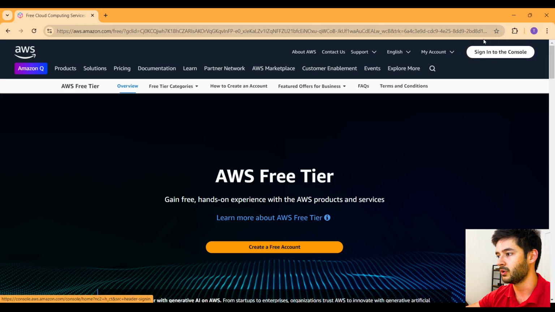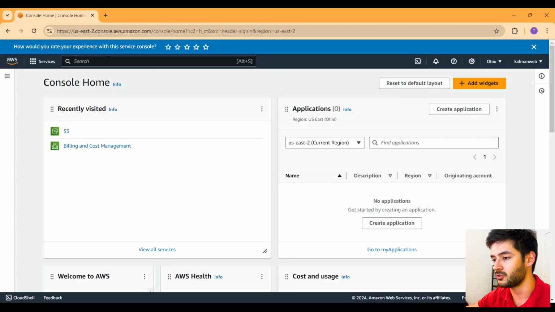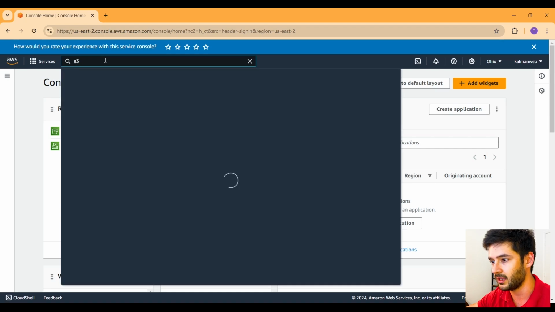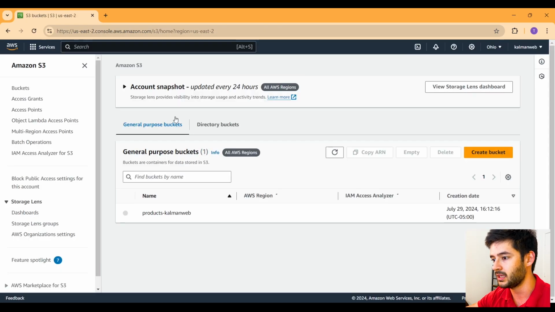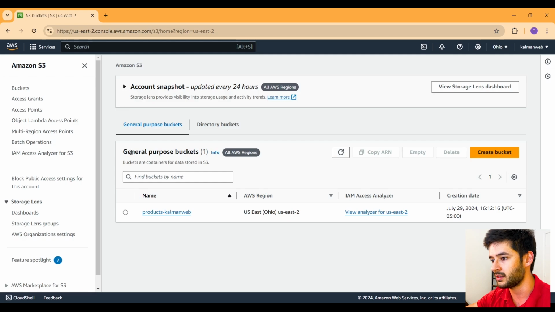But for me, I'm going to go ahead and sign into the console. Once you guys are signed in, navigate to console home here. Once you're here, what you want to do is navigate to what's called S3, and this is simply scalable storage in the cloud. Click on this, and then once we get here, you guys can see that it says general